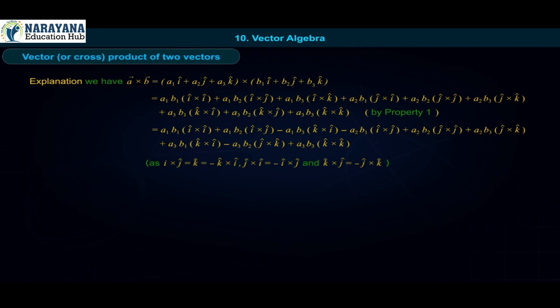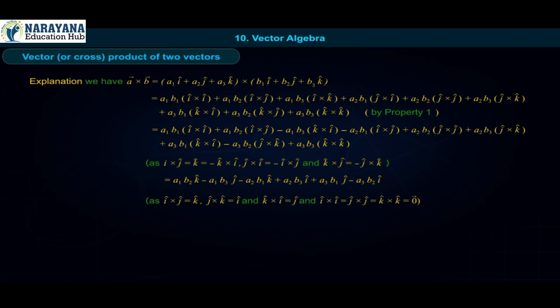j cap cross i cap is equal to minus i cap cross j cap, and k cap cross j cap is equal to minus j cap cross k cap, which is equal to A1B2 k cap minus A1B3 j cap minus A2B1 k cap plus A2B3 i cap plus A3B1 j cap minus A3B2 i cap. As i cap cross j cap is equal to k cap, j cap cross k cap is equal to i cap, and k cap cross i cap is equal to j cap,